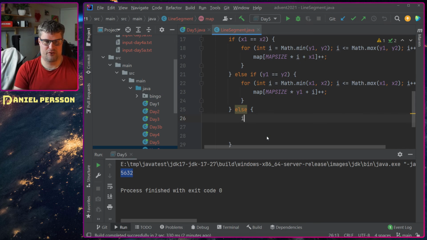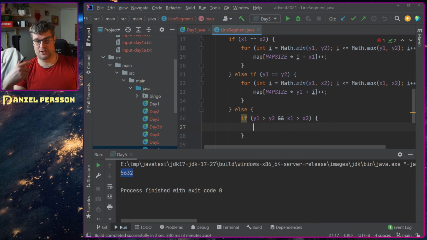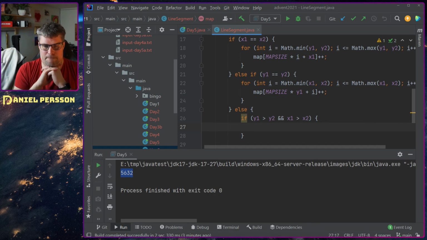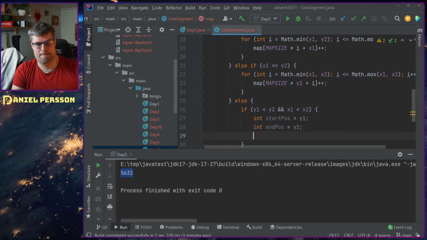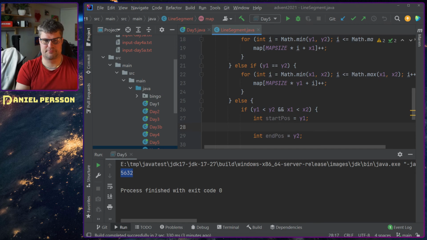So let's see here. If y1 is larger than y2 and x1 is larger than x2, then we want to go in that direction. Let's start with the first easy case. Then we want to have a start position of y1 and we want to have an end position of y2 in the y-axis, which means that